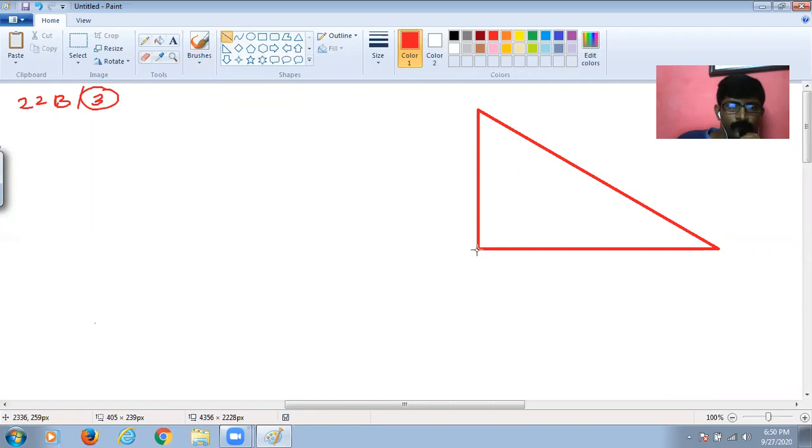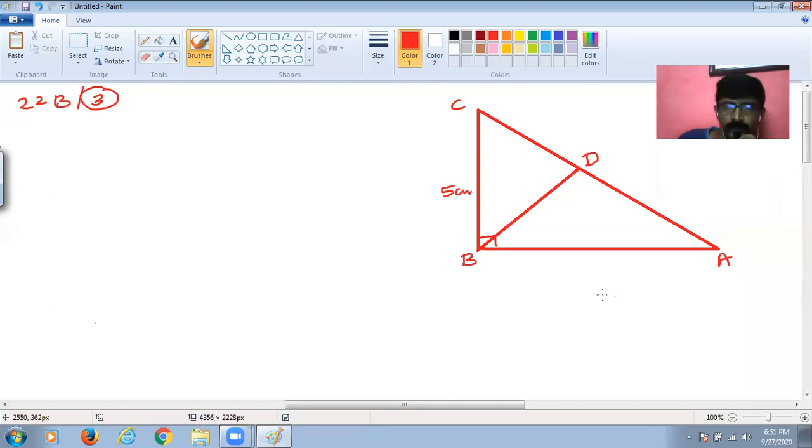This is a triangle, and a very interesting and very simple question. Many people get confused with this sum, but no need to get confused, just pay attention to how simple this sum can be. It is a little conceptual sum, but very easy. Let's read the sum. First of all, let's draw a diagram, and whatever data is given, let's substitute it here.